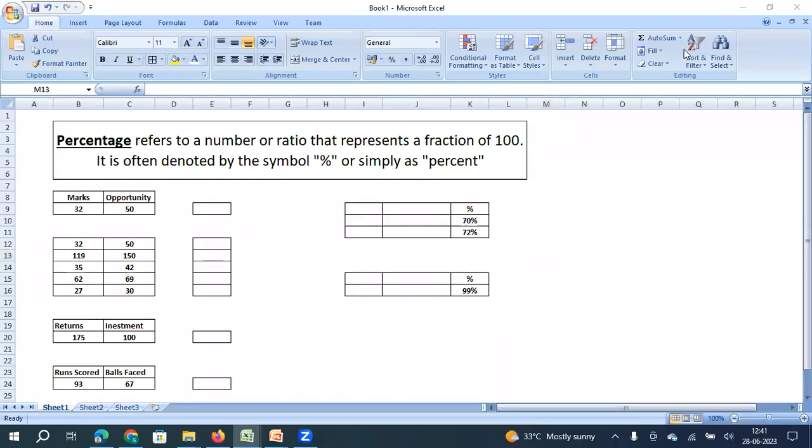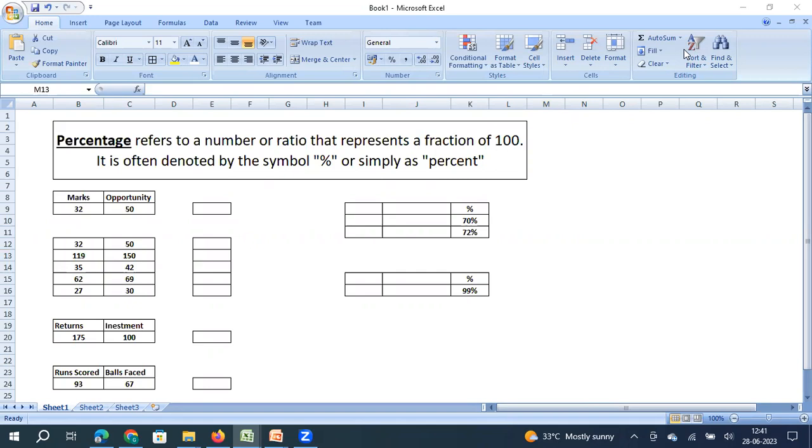Hello viewers, welcome to another video on statistical concepts that we are going to use in our quality management projects and analysis. In this video, we will understand this term percentage. As you read this terminology, you will understand this is something that we very frequently use. And the name is very straightforward,